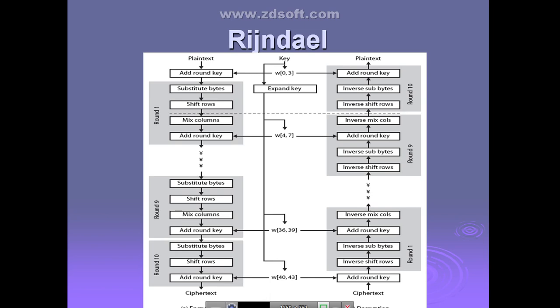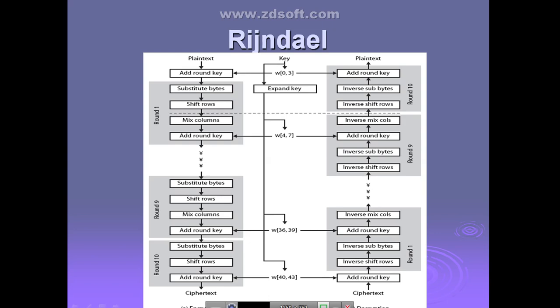Yes, all the 4 operations of the encryption algorithm, because we have just seen the round structure. In the round structure, we are going to perform 4 operations. Each round is going to have the same structure. They take a 128-bit plain text block, and the key is expanded into 32-bit words. In each round, 4 words at a time, a portion of the key, is used.